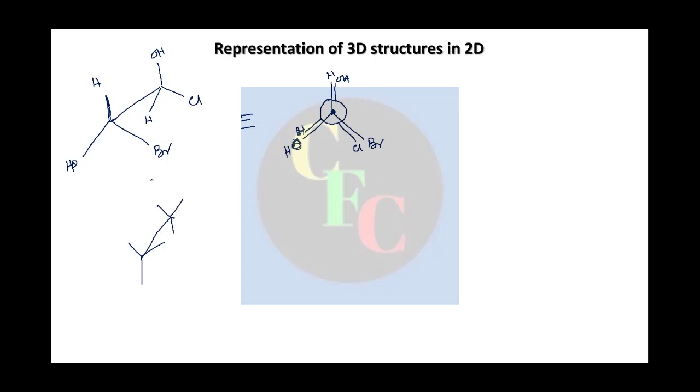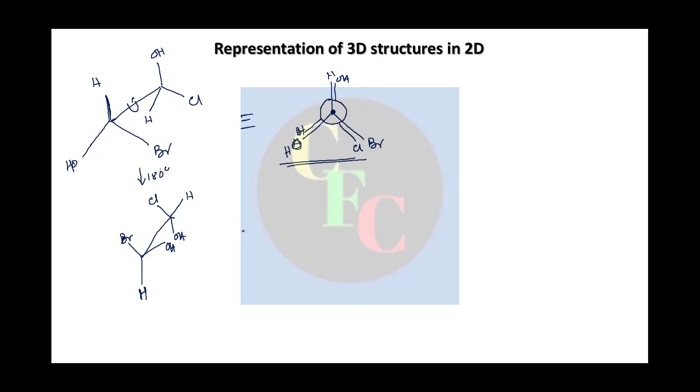Okay, so just 180 degree I rotate it, 180 degree rotation about the whole molecule. I'm just writing it, it's not very difficult. So it will be, right, OH will come here, H, OH will again come here, and here the bromine. Similarly Cl here and H here. Okay, you can do the same with Newman also. Any result will come, they will show the same result. I am just drawing the Sawhorse projection. So this is again the eclipsed Sawhorse projection of the molecule we have taken.